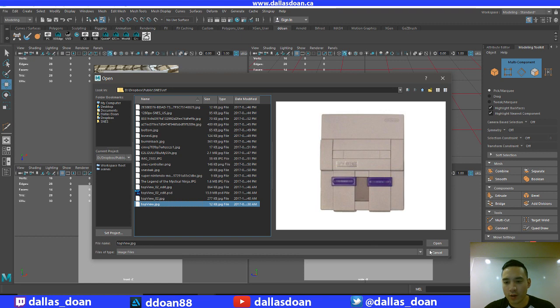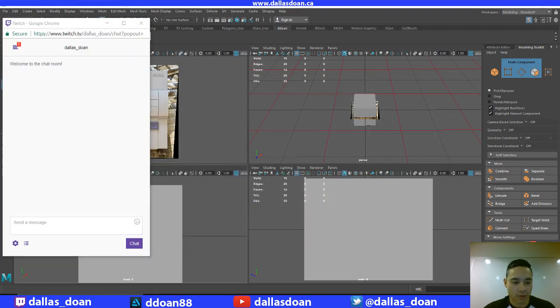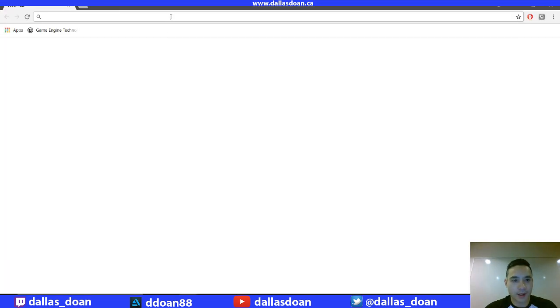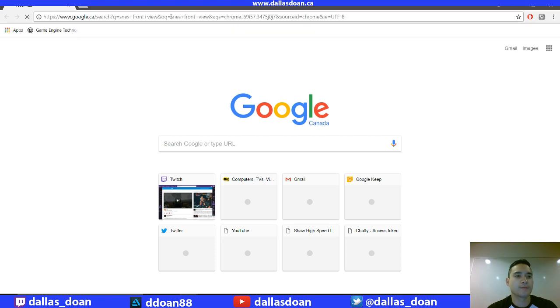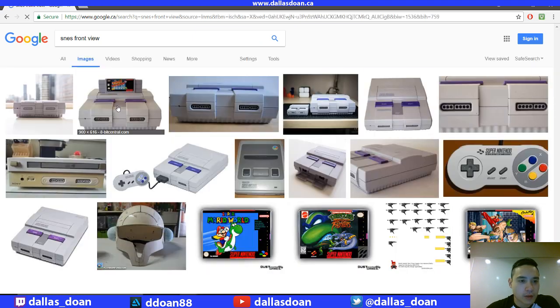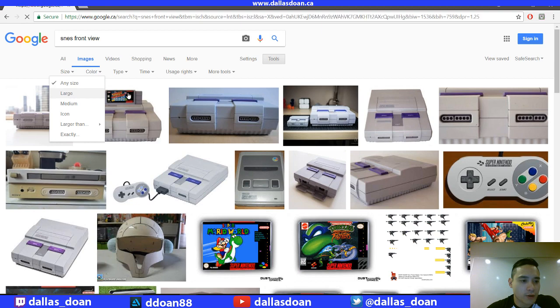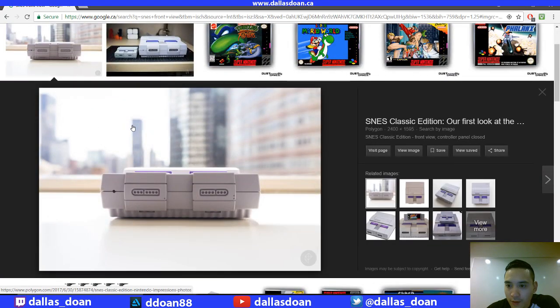See, again, this is where having good references is so important. So let's just go back to Chrome again, and let's just find a good front view. See, so this is really good. Let's go back to Tools, Size, Large. This is excellent. But I think this is the classic. Again, we don't want the classic. We want